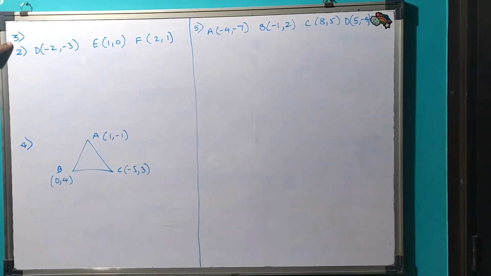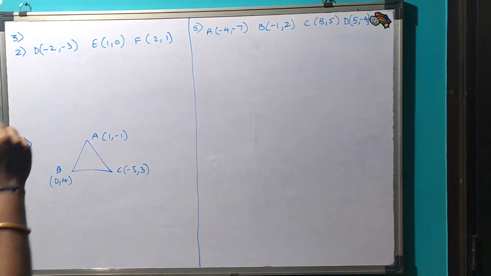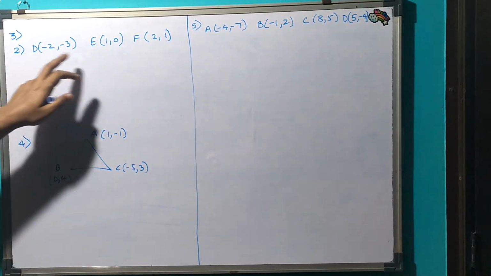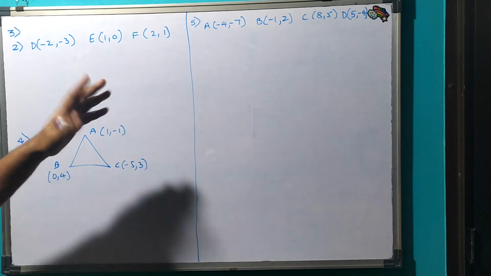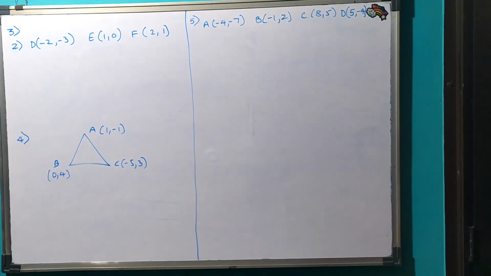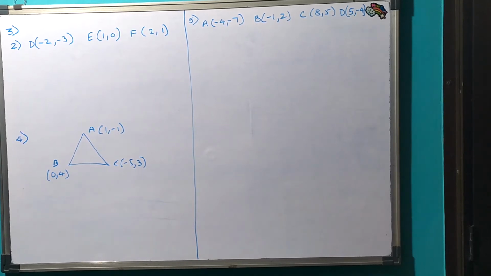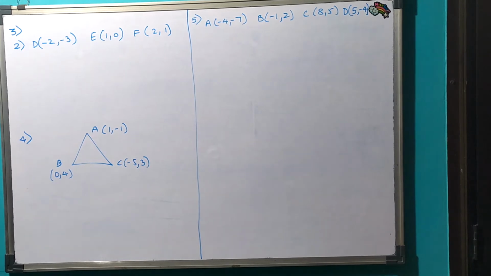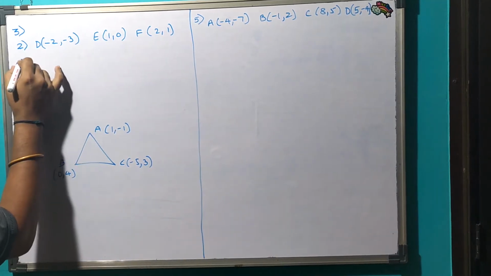See, in the second sum, you have to prove that the points are collinear. If you want to prove collinear, D, E and F, you have to take the slopes. If the slopes are equal, that means the lines are collinear. If the slopes are equal, the points are collinear. So I can say